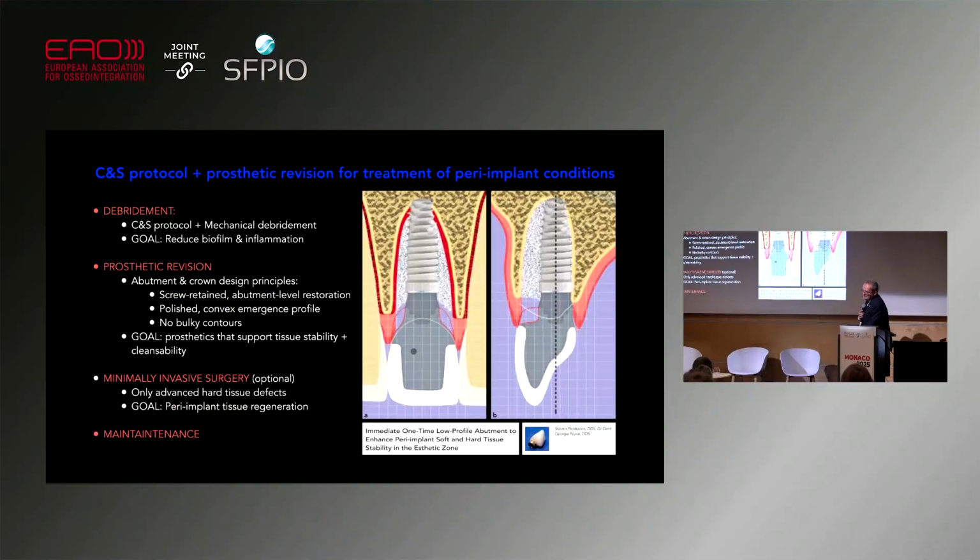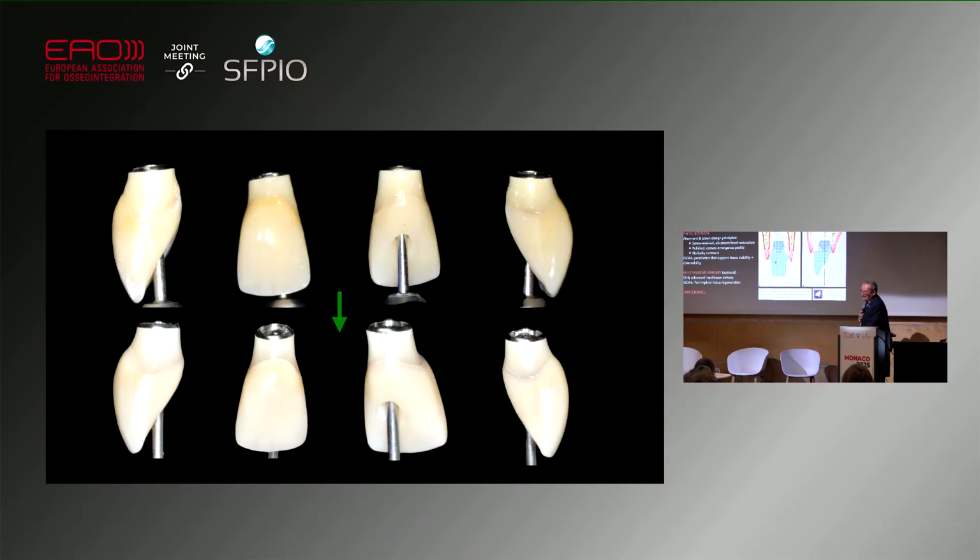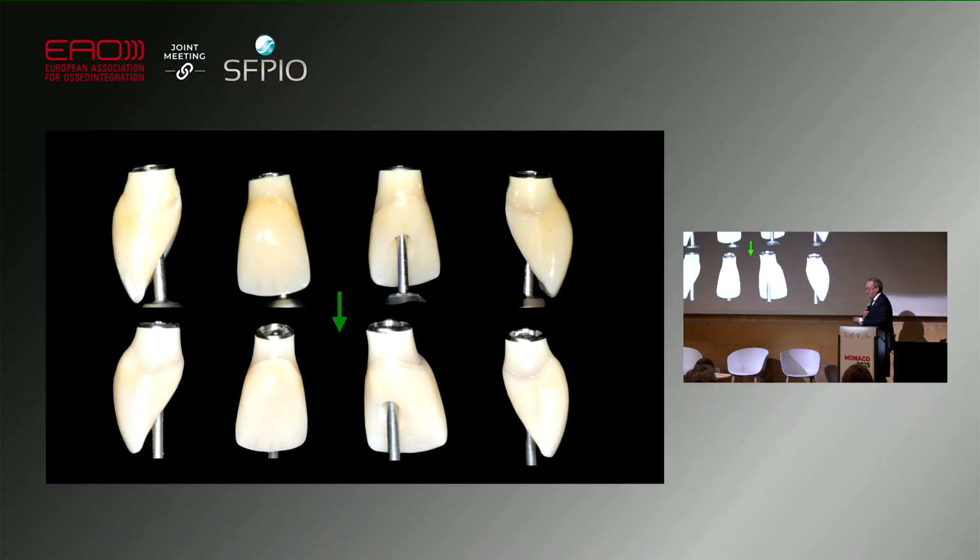So our goal is to reduce biofilm and inflammation below the gum level: a screw-retained, abutment-level restoration with a polished, convex emergence profile and no bulky contours. It is a kind of prosthetic that supports the healing of the tissues, and cleansability should be given. So here is one, I think, very nice and really highly polished prosthetic work from our private office, where we realized that the previously